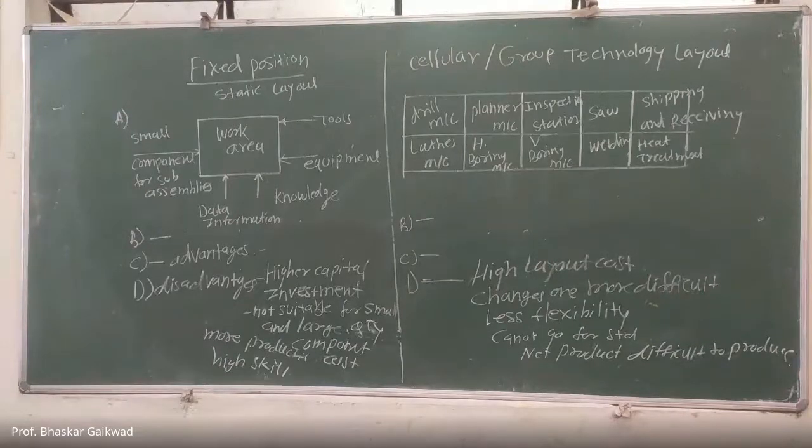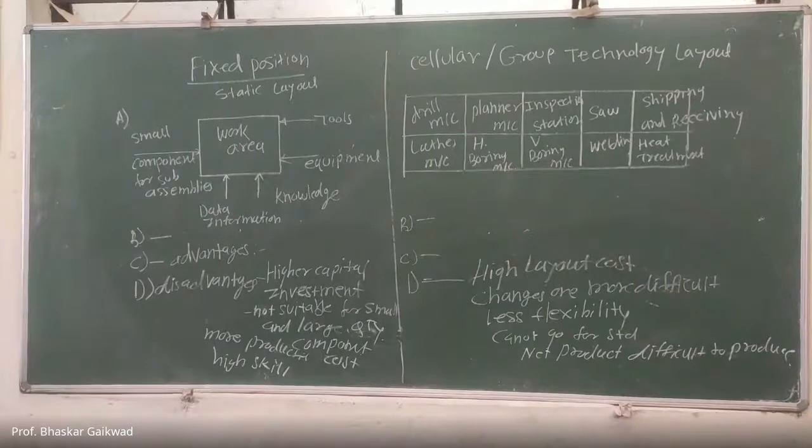So these are the four types of layout in industry. Every industry has a specific layout. For example, Bajaj Auto. Which type of layout? If you go to a rickshaw manufacturing unit at Aurangabad, the product layout is there. But if you go to Pune, the process layout is there for manufacturing bikes, etc. If you go to a sugar industry, again the product layout is there. If you go to a railway coach manufacturing industry, fixed position layout is there.